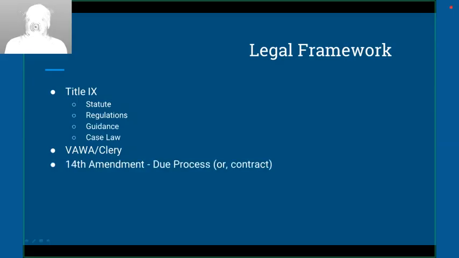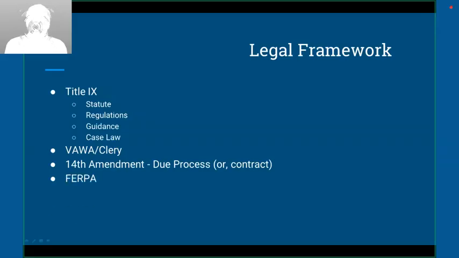And then another significant piece of the legal framework here is due process. For public institutions, the Constitution is at play, and so due process is really important in processes to resolve or address complaints of sexual misconduct. In private institutions, from a legal perspective, these show up as breach of contract claims. But even aside from the legal framework, the fairness of the process is embedded throughout all of these, and is also, generally speaking, a part of schools' institutional values